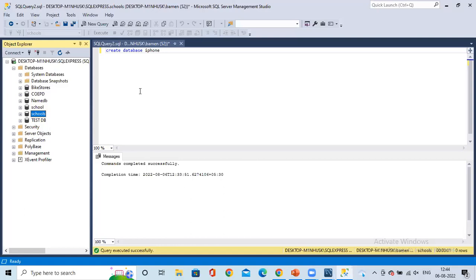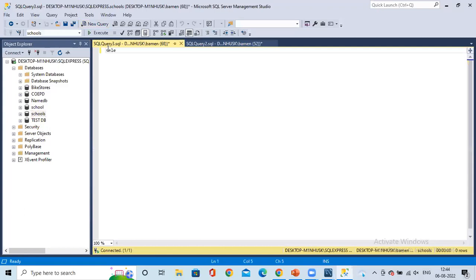Select is the command. Select iPhone, and from this create database, select whatever it is. Like in a new query. Okay, new query, and then we have to write select. Right. Done. Got it. If we have to create, we go for a new query and create. And if we have create and select, execute is compulsory. Please don't forget, execute should also be there.